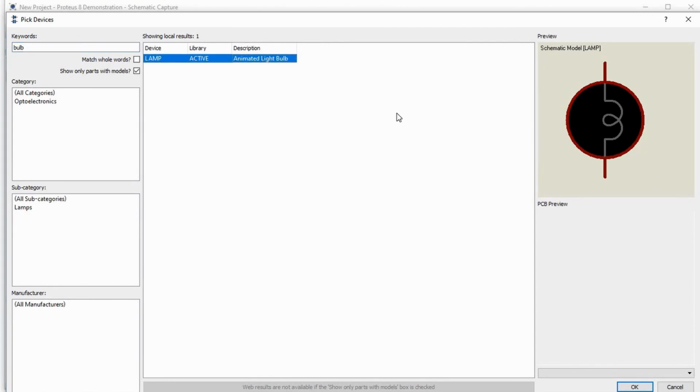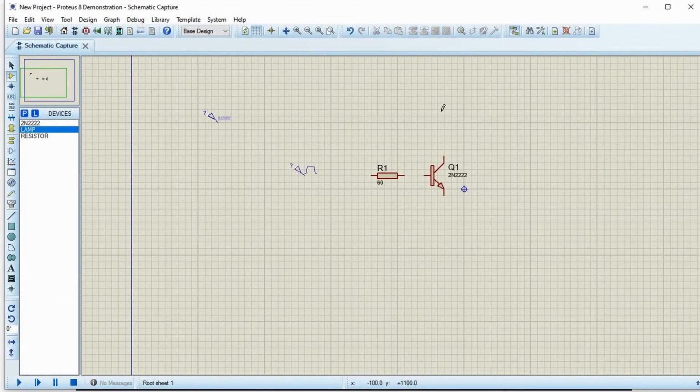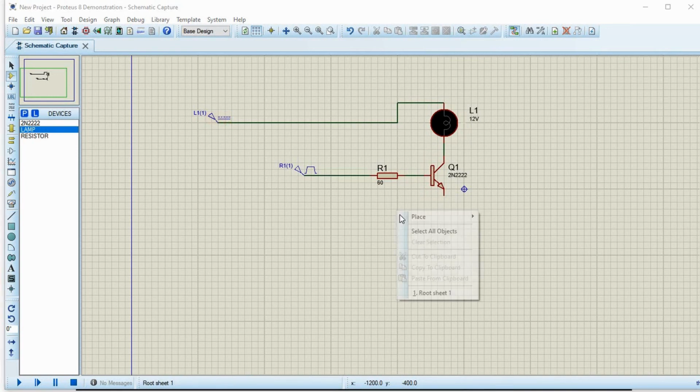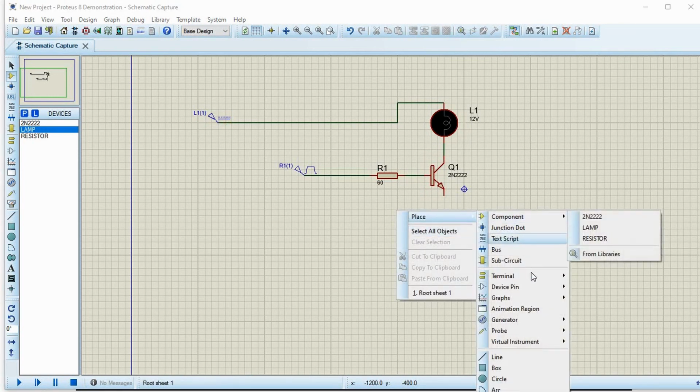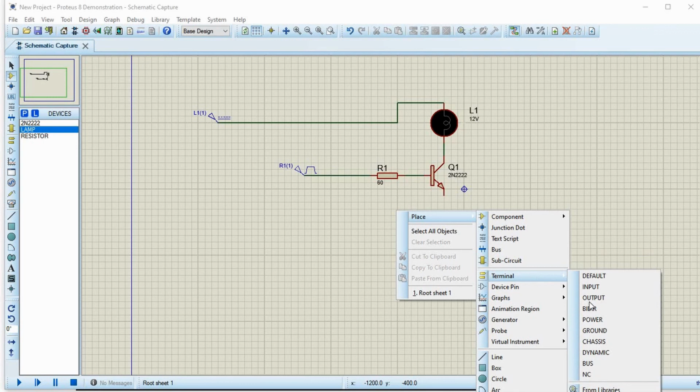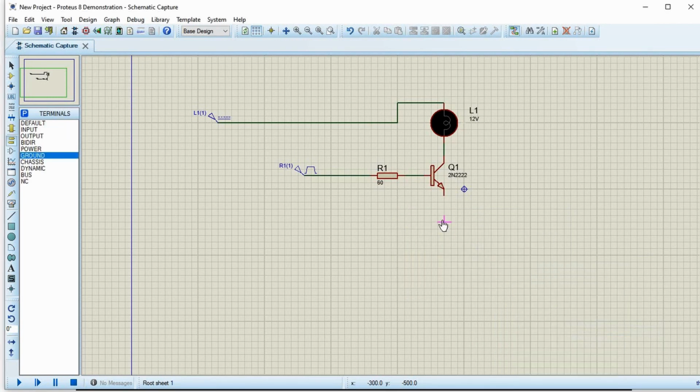There's a lamp here. Let's see if this works. All these supplies are with respect to ground. Terminal, ground. Let's see what happens.